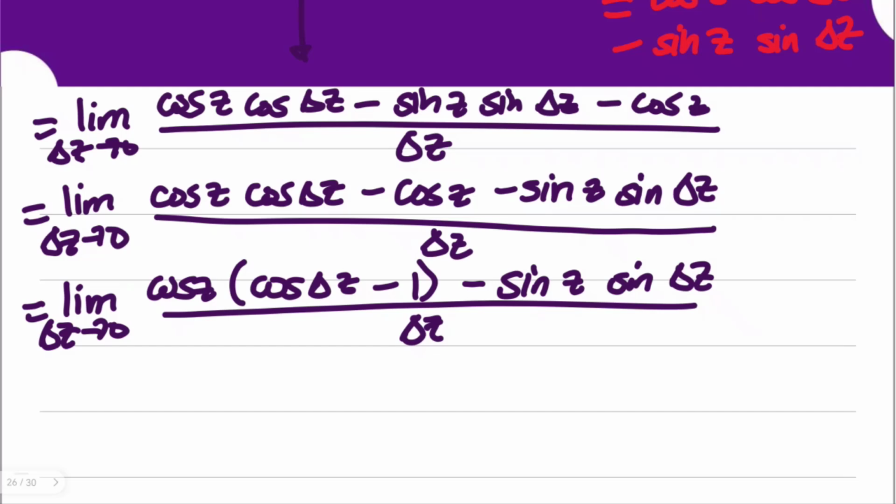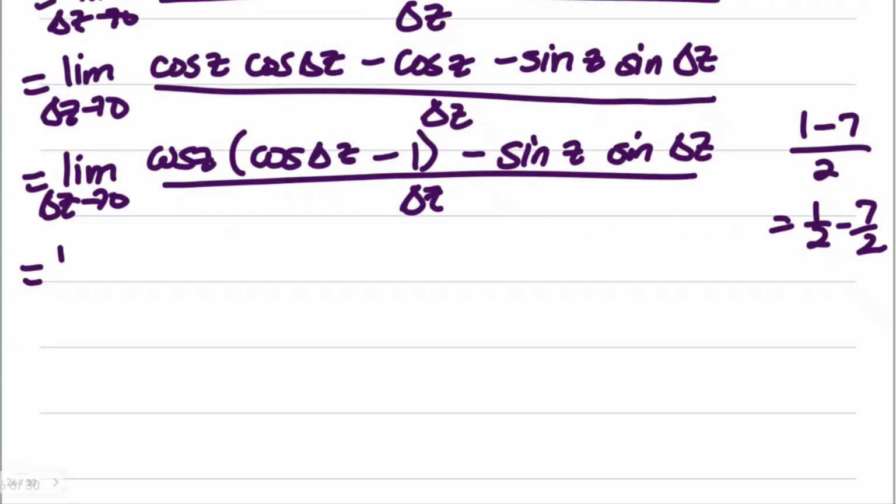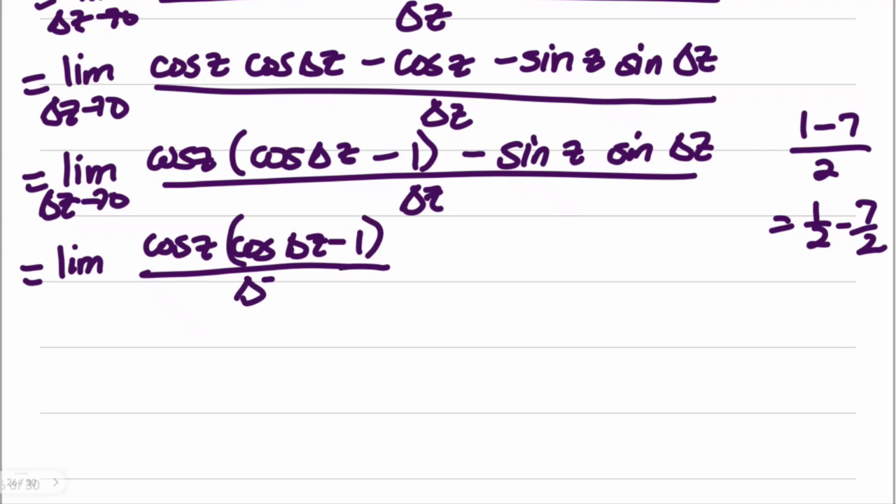But of course, if we have 1 minus 7 over 2, you can write it as 1/2 minus 7 halves, right? So with that, we can separate this into two different rational expressions. The limit of cosine z, cosine delta z times minus 1, I forgot, over delta z, minus the second term, sine z, sine of delta z